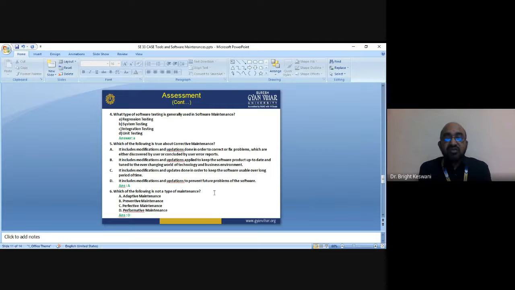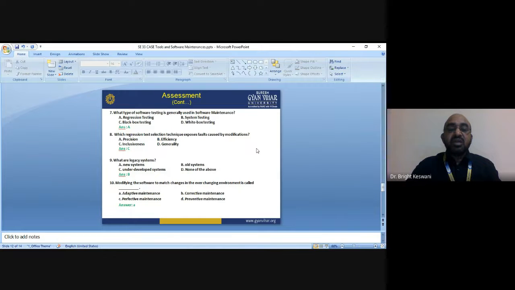Which of the following is not a type of maintenance? Adaptive maintenance, preventive maintenance, perfective maintenance, or performative maintenance? So the right answer is D. Performative maintenance is not a type of maintenance. The seventh question, what type of software testing is generally used in software maintenance?